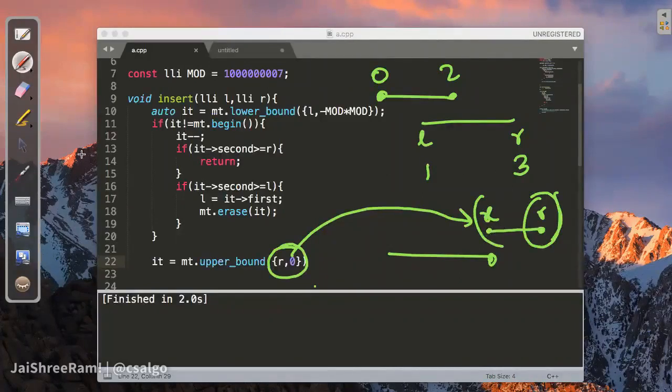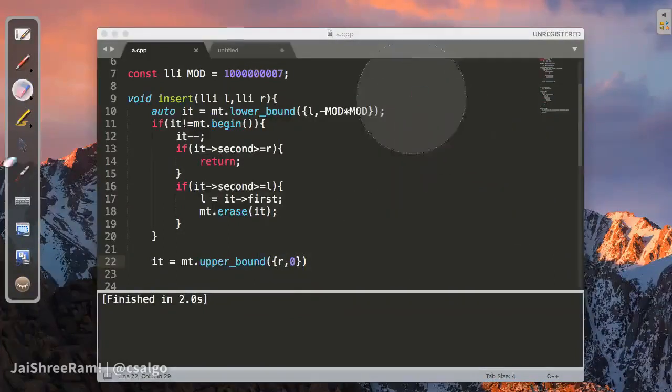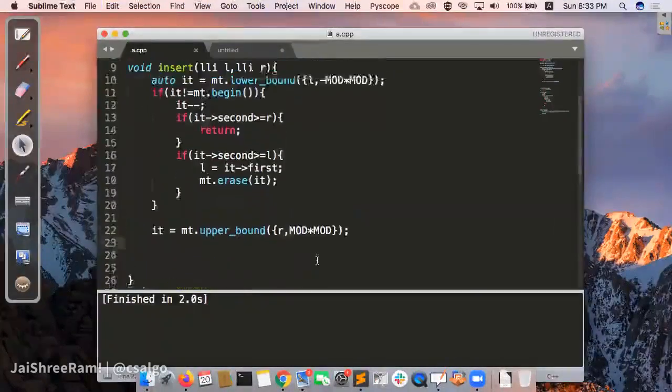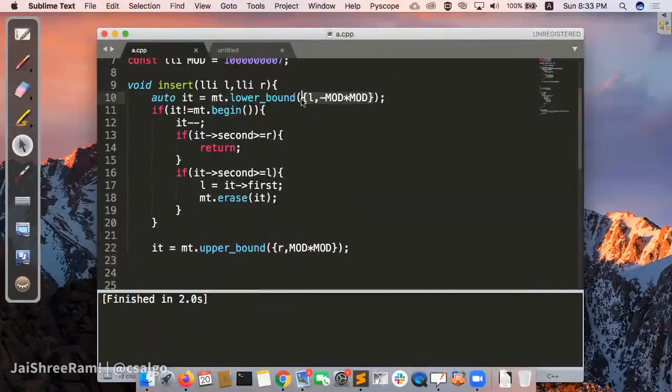So that's why we use positive infinity and negative infinity in these cases. That's the most important thing. This is one of the main learnings you should have from this problem, the purpose of this problem: how to search pairs in a multiset.